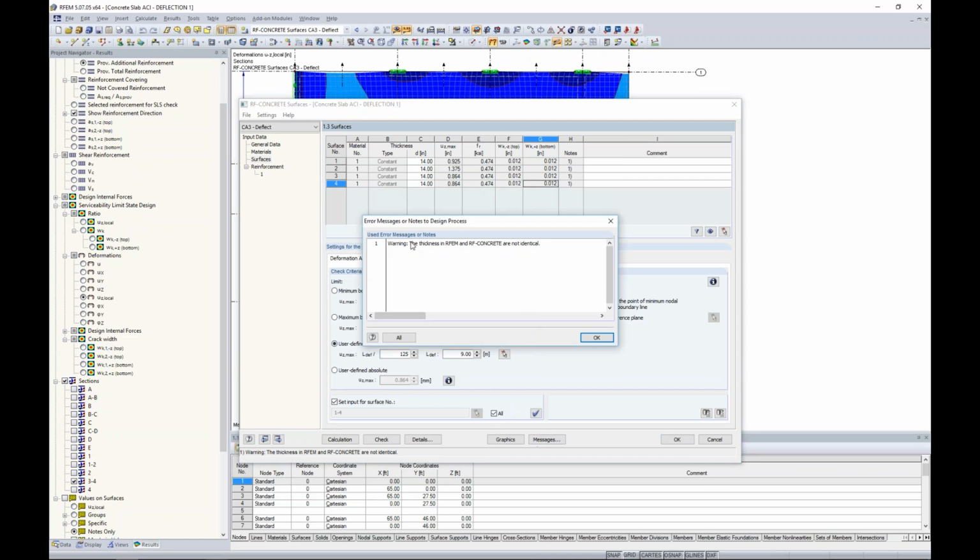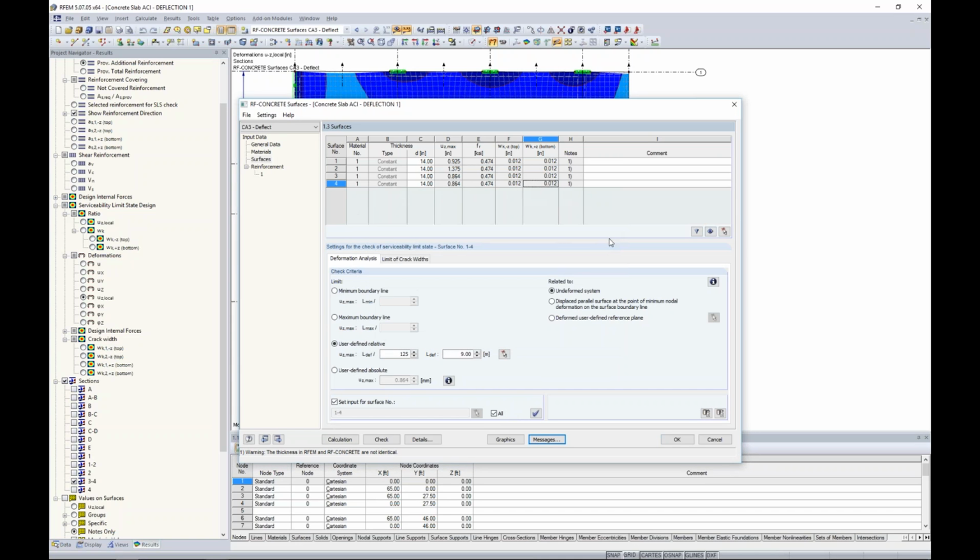I can check my messages. It says the thickness in RFEM and RF-CONCRETE are not identical. This is just a little warning in the program telling you that if you were to go back into RFEM and do any more type of analysis, you'll want to change that surface thickness to 14 inches as well in there, just so that if you're doing any other type of analysis outside of this add-on module,